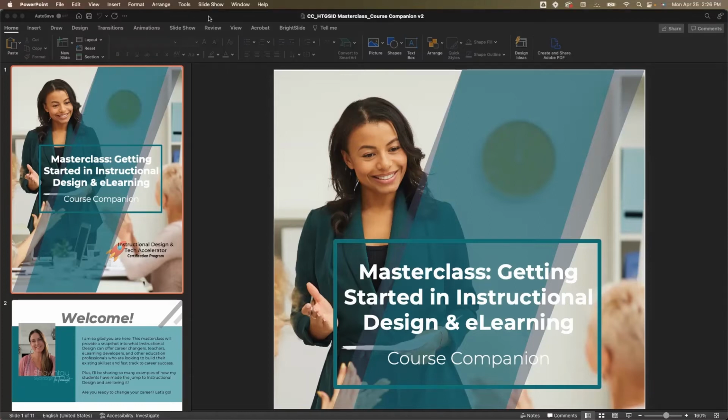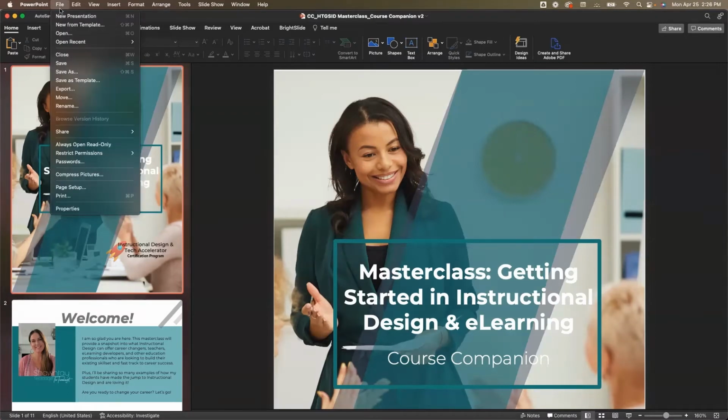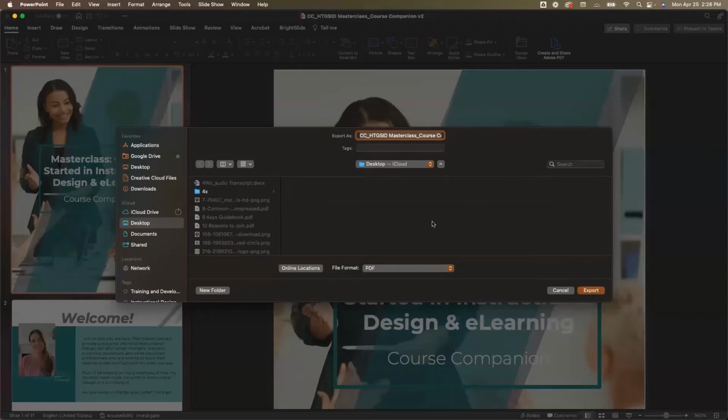So I'm going to make sure that I have my document open in PowerPoint. I'm going to go up to File and Export. And there are a lot of different things that you can export into. PowerPoint has the capability to export as an MP4. If you had added any narrations, like audio, onto this PowerPoint file, you could go ahead and